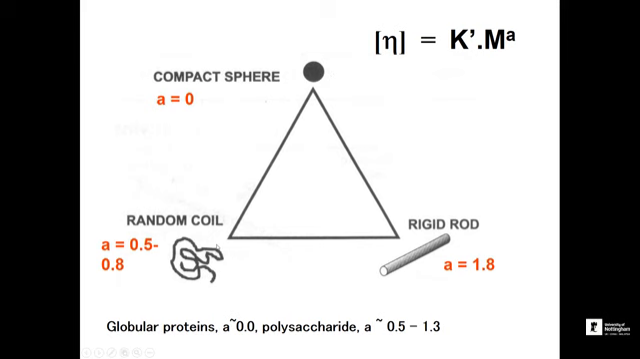For a random coil, flopsy type of molecule, like alginate or pectin or these types of polysaccharides, then it's between 0.5 and 0.8. And for a rigid rod type of molecule, like the polysaccharide schizophyllan, or schizophyllan, we say, in my part of the country, which is